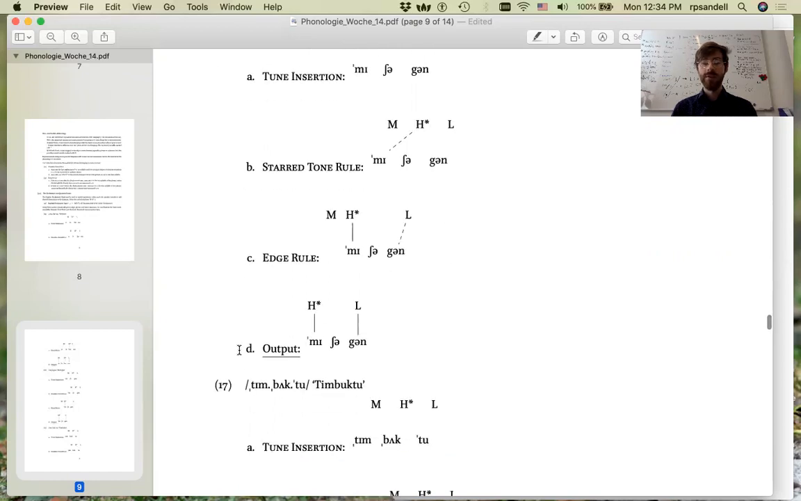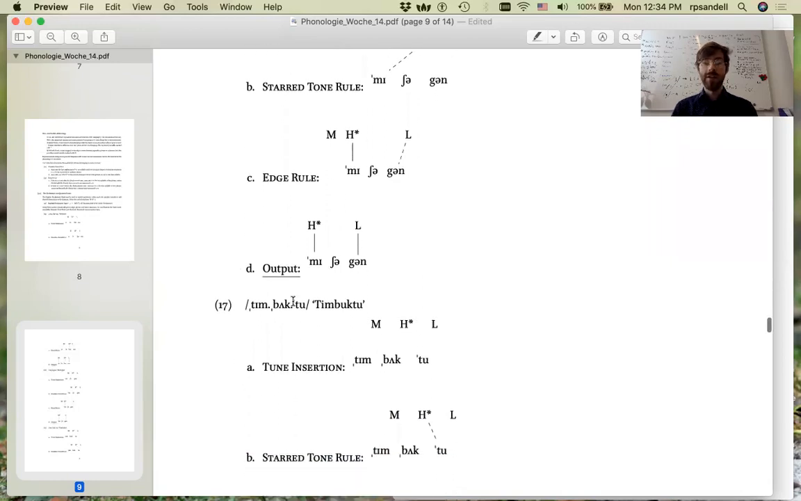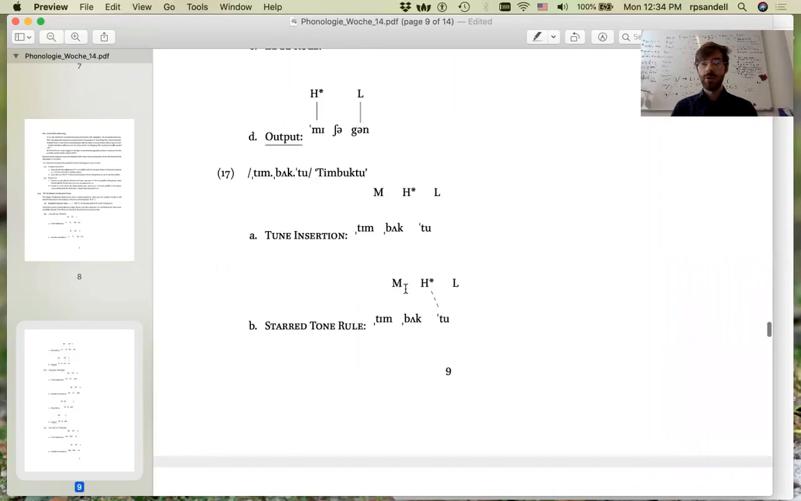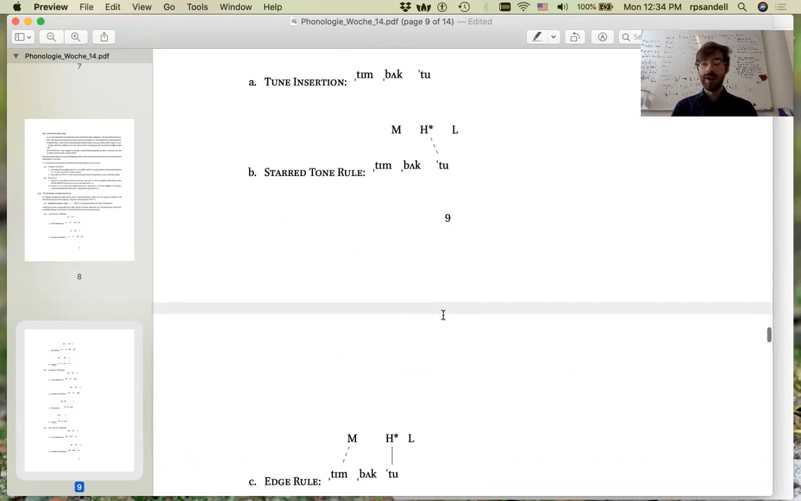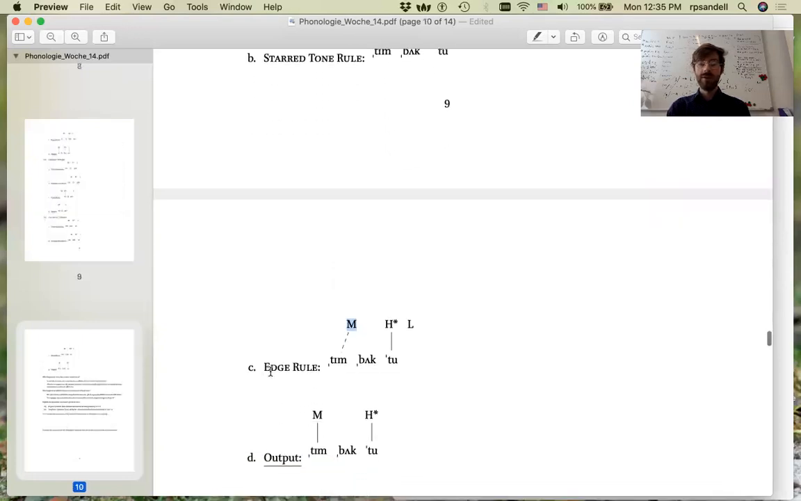And a third example, Timbuktu. Here, we have a primary stress on the final of three syllables. So we begin with the declarative tune and our segmental string again. The starred tone rule will associate the high star tone to this final syllable, which then means that when the edge rule applies, the low tone has no place to go. It can't be associated with the final syllable, whereas the mid-tone is able to associate with the first syllable, thereby leaving the output